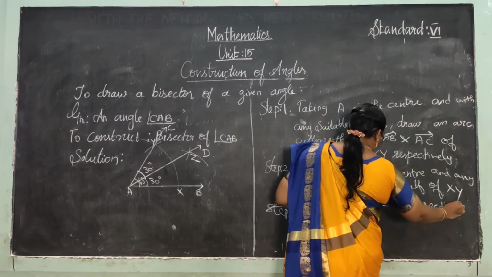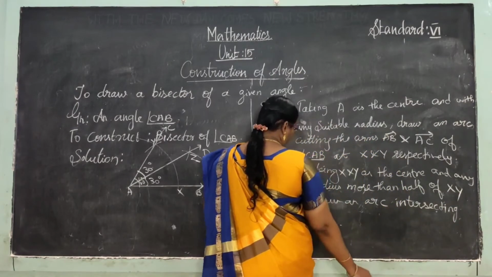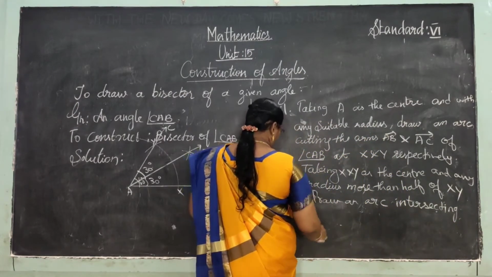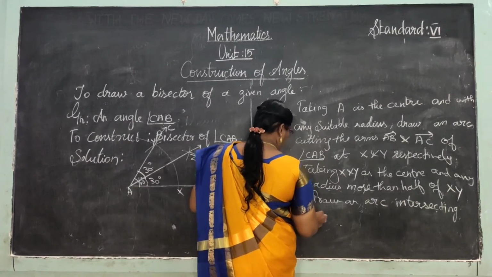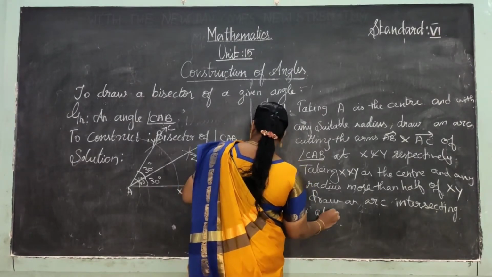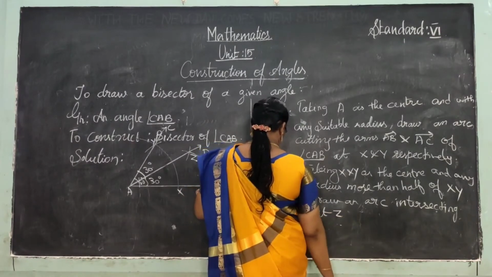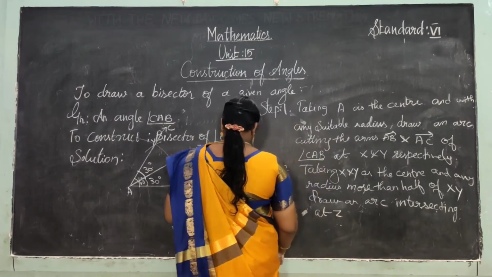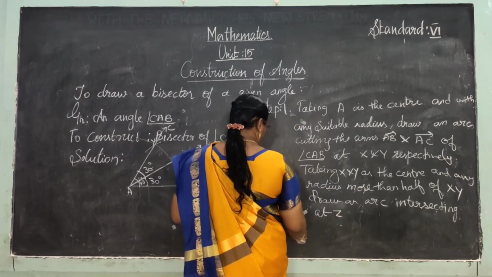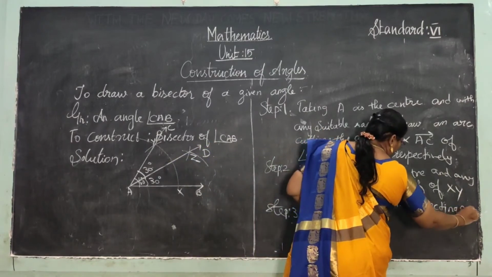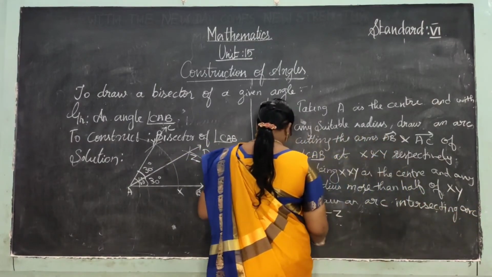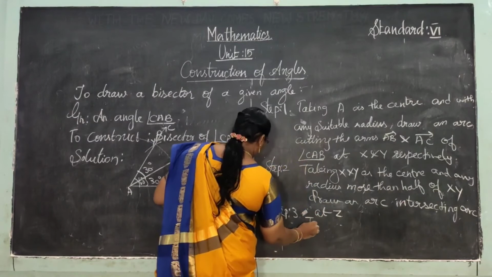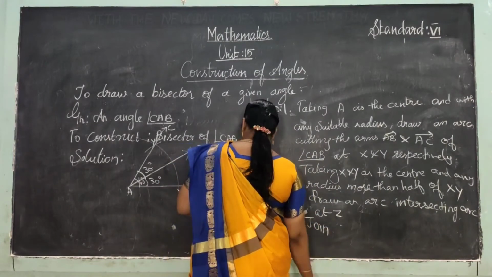I have written both steps in one single step. Intersecting at Z. Now write intersecting arc at Z. Step 3, join AZ